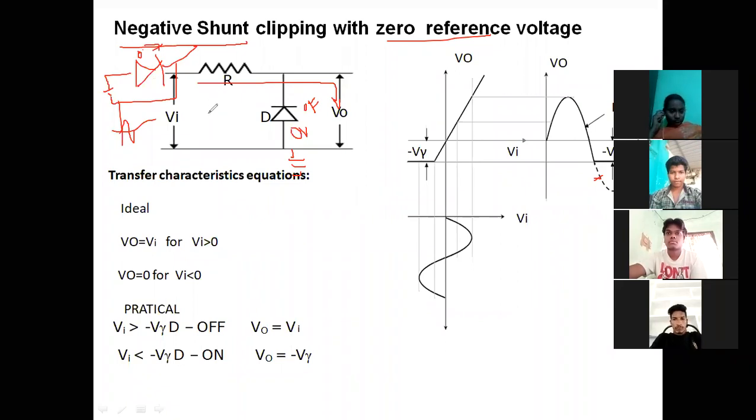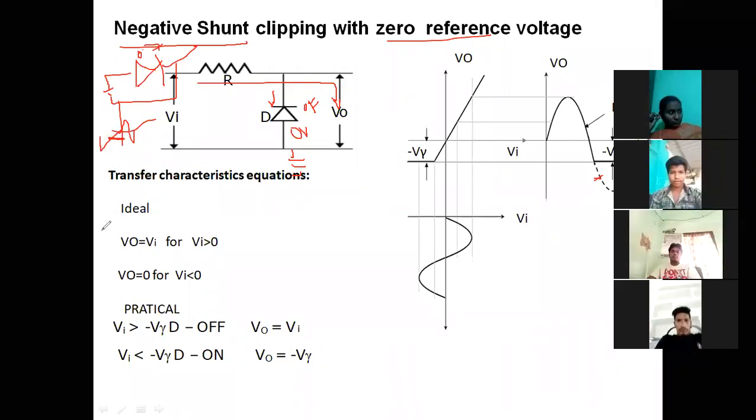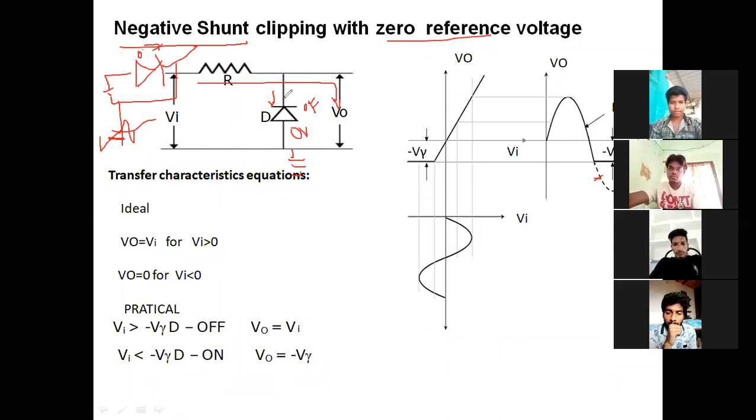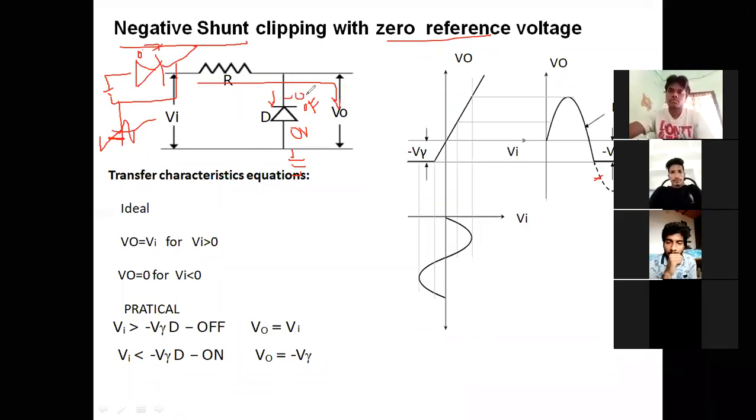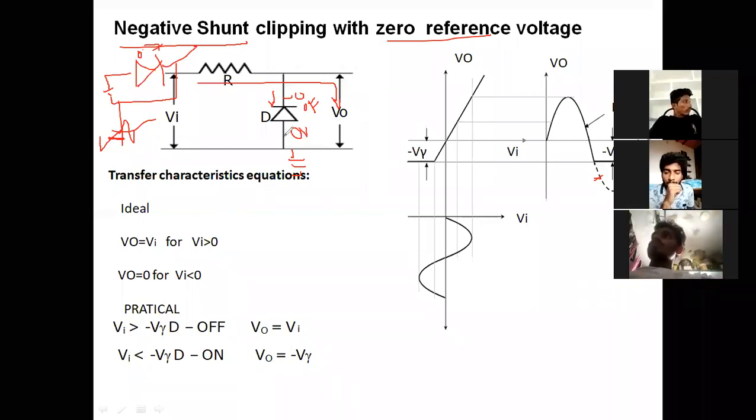Now, if we observe here, the positive voltage is applied towards the cathode. If you go to the previous cycle, previously you may have the negative cycle here. When it is at minus 0.7 volts, the diode gets on. Minus 0.7 is a lesser value than 0 volts, therefore the diode turns on. If you consider the breakdown voltage also, it will be on at minus 0.7, and that is our cut-in voltage.